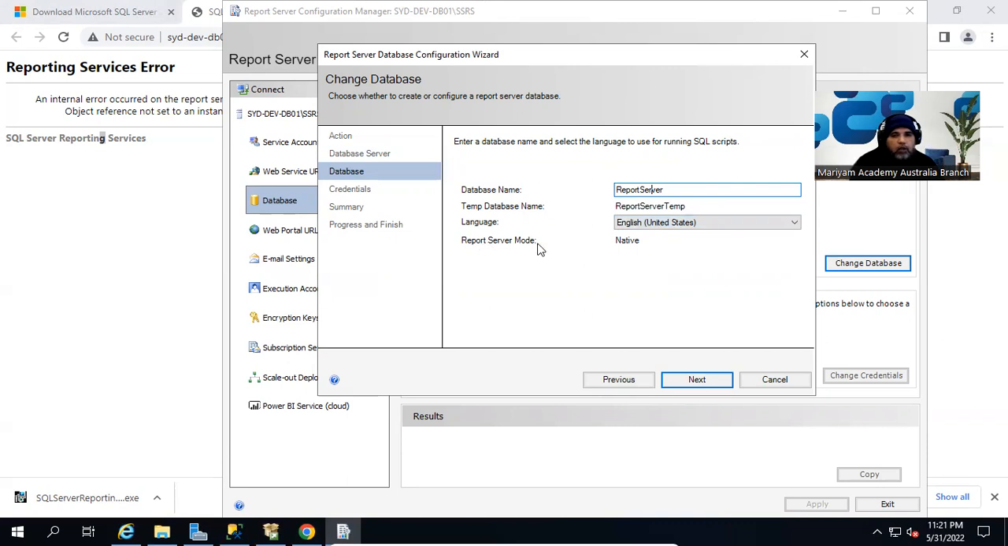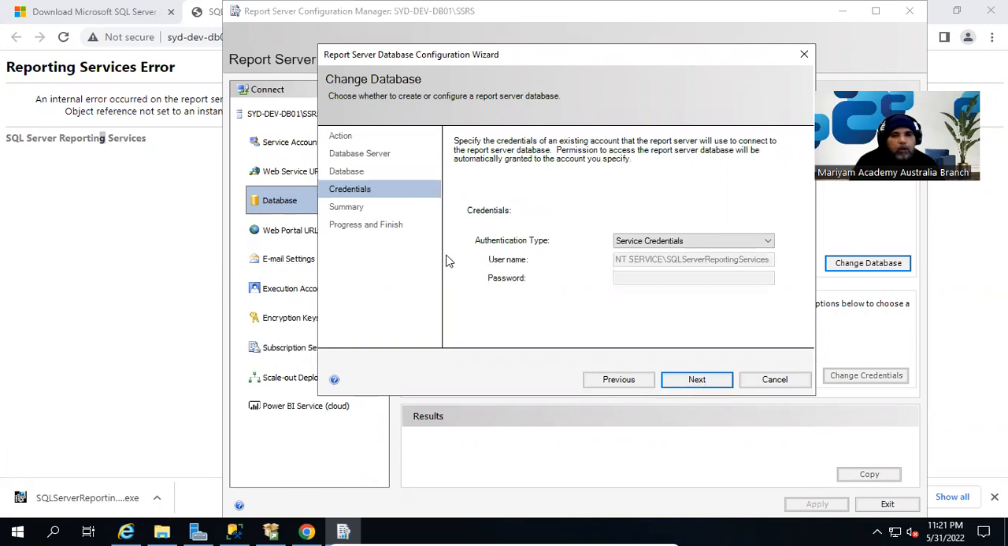Language, United States. Reporting service mode is native. They used to have SharePoint mode, which I believe they have retired now. So we only have one mode available, which is native. Credential: we are going to use the default service credential for connectivity. We can use Windows and server credentials as well, but at this stage we are just sticking to the default. But like I mentioned, in production we normally use Windows credentials for the authentication,